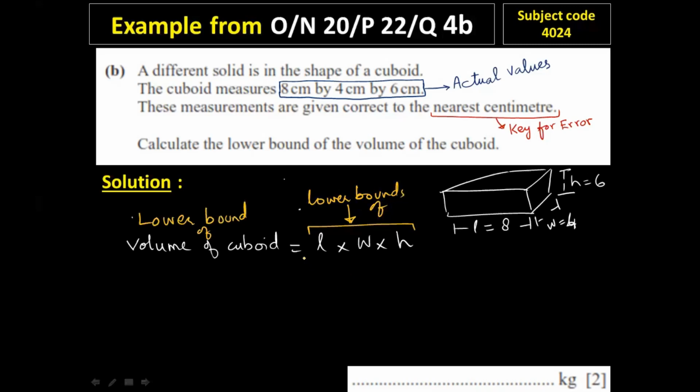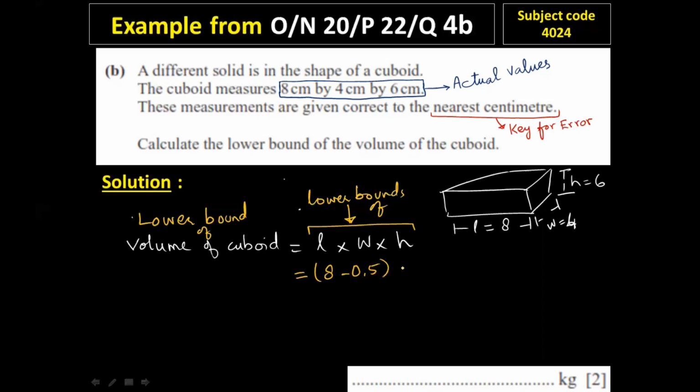So recall the direct approach. From the direct approach in the first video, the actual value minus the error is the lower bound. So the length is 8 centimeter, and the key for the error is nearest 1 centimeter. Nearest 1 centimeter, your error will be 1 over 2, means 0.5 centimeter. Actual length is 8 centimeters, so you are going to write 8 minus 0.5